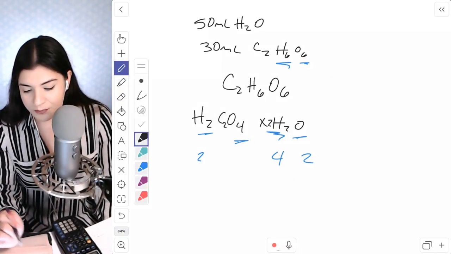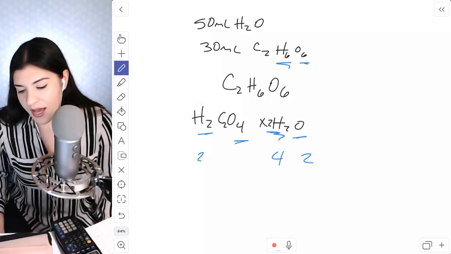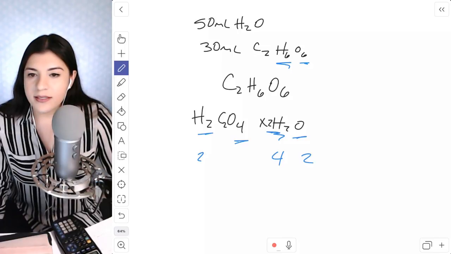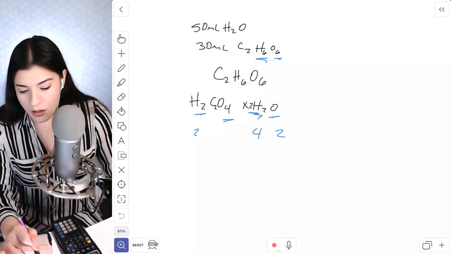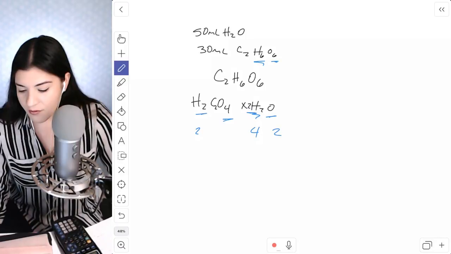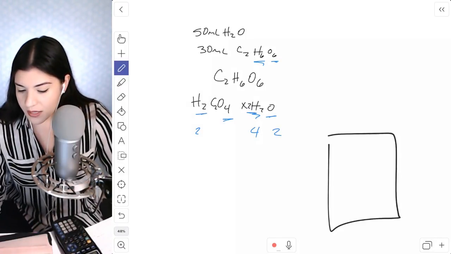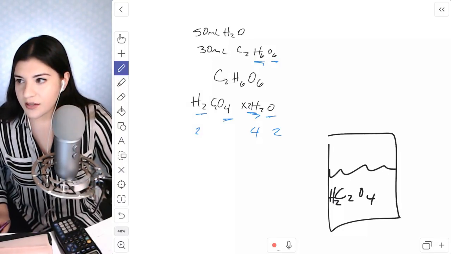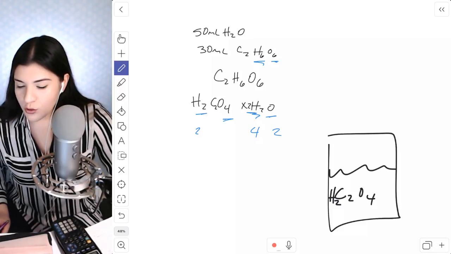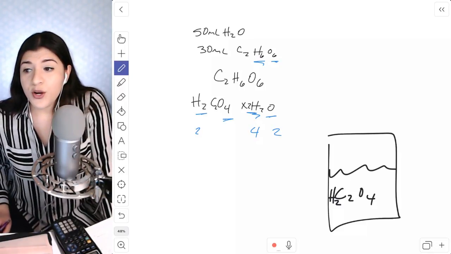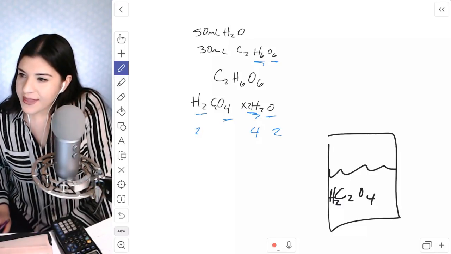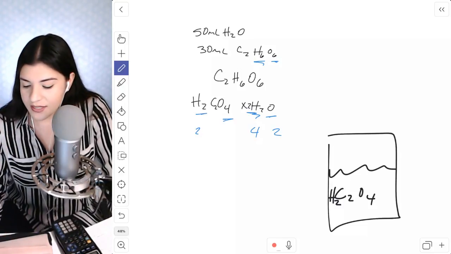We actually don't even need a balanced equation. Instead, this is what I want you to think of with titrations. This is more of a conceptual question where if we were to have some sort of solution, and in the solution, that's our actual acid. So H2C2O4, that's the oxalic acid. Now, if we were to dilute this, meaning put a little bit more water in this case,